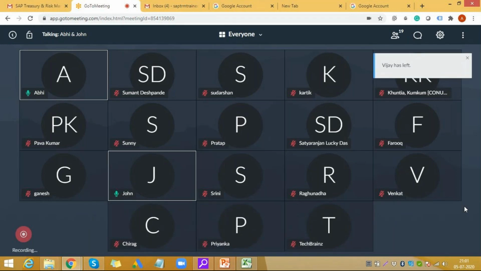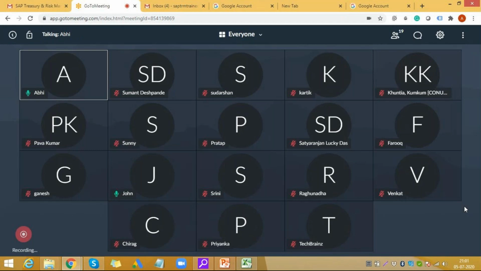That's correct. But we have the same program, TBDM transaction code. If you go to TBDM, you can upload interest rates and exchange rates, and this data also comes from Bloomberg. The source is the same, the interface is the same. You don't have to set up a separate interface just for treasury. The interface is the same, everything is the same, just the kind of file will vary, so some setup will vary.